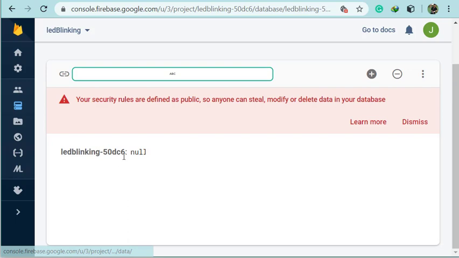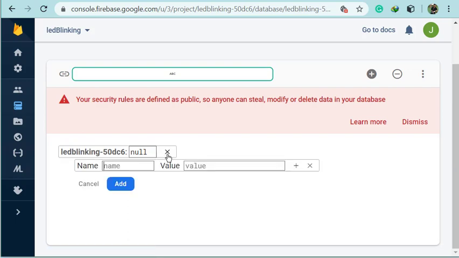So we have to add two children, and one is status. Remember this: whatever you write here, you have to write the same in your app as well as NodeMCU, so that we can access this setup. This is the default path.